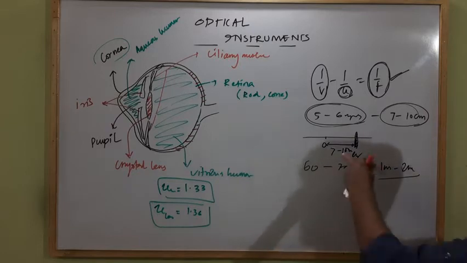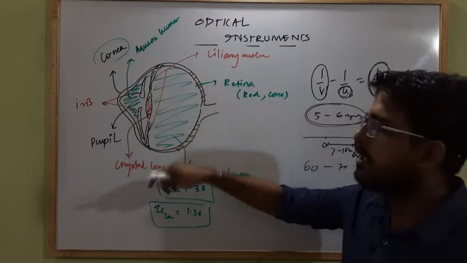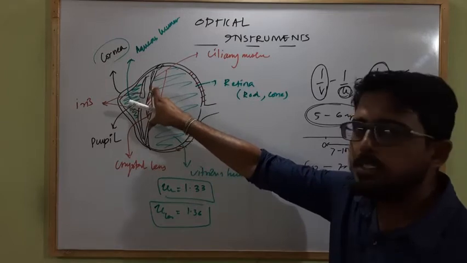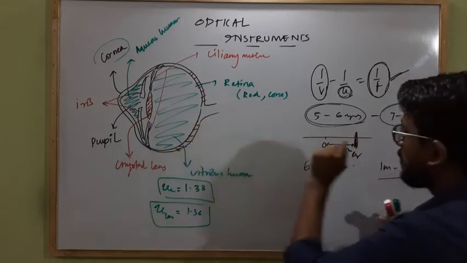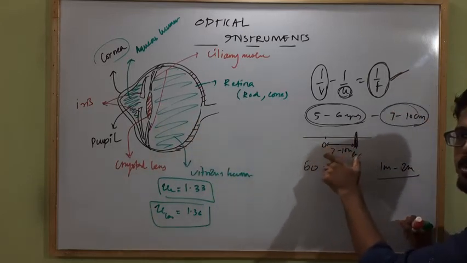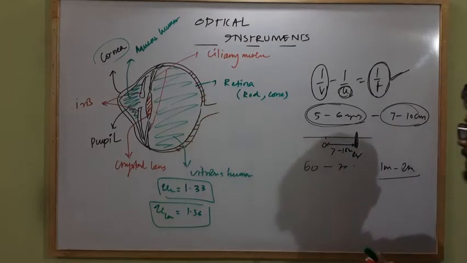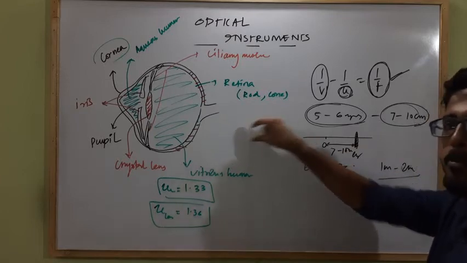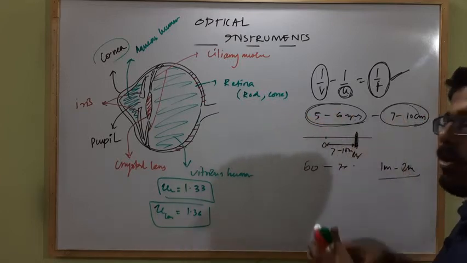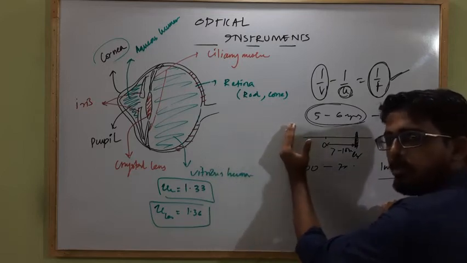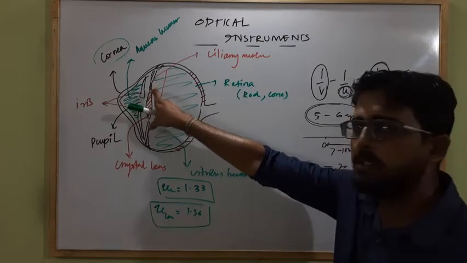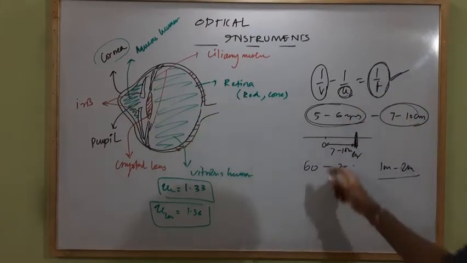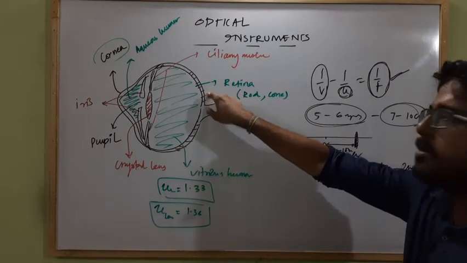So as age increases, the strength of the ciliary muscles decreases, so the lens can't be compressed as much. For a very elderly person, the minimum distance of the object from which they can see the image, or the image is formed on the retina, increases up to 1 meter to 2 meter. That means if an object is placed at a distance of 1 meter from their eye, they can see the image. Otherwise, if we place the object closer to the eye, they can't see the image, because their ciliary muscles can't compress the lens anymore, so the focal length can't be changed to create the image on the retina.